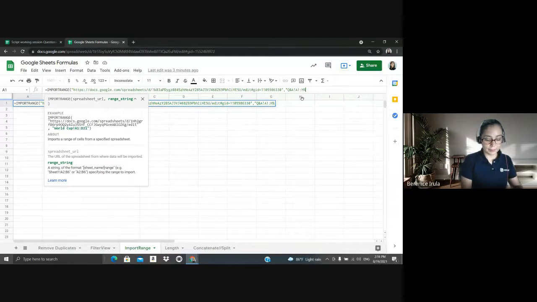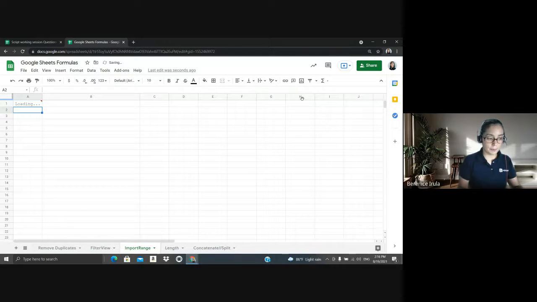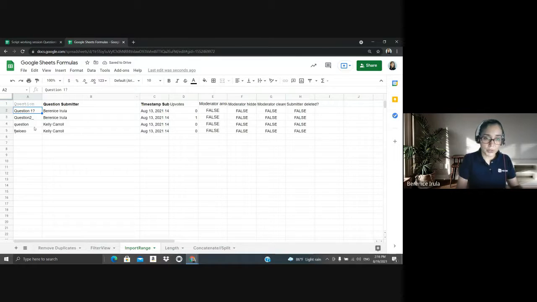So I type that in. Oh, oops. I'll close it out and I have to use the quotations. If it's the first time you're using the import range, you will get a reference error. But that reference error is just letting you know that you need to grant access for this sheet to read